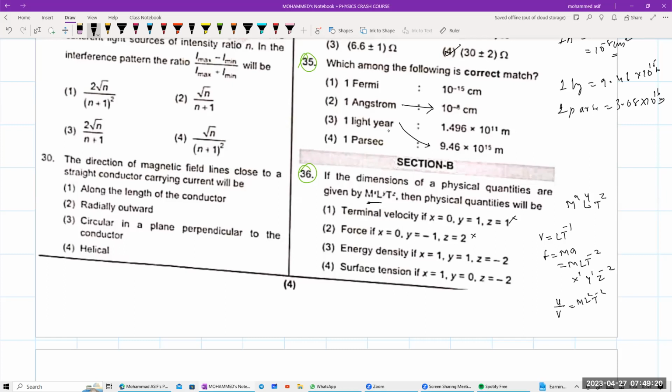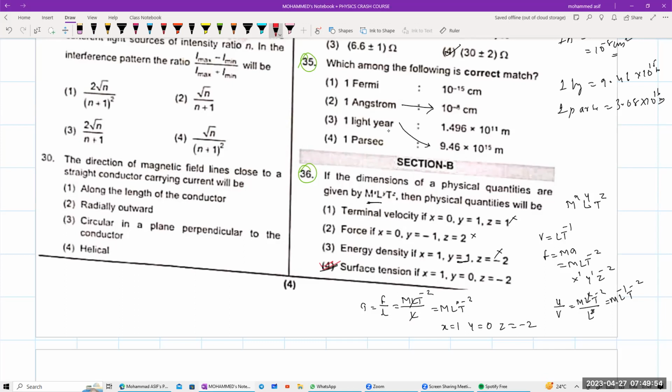एनर्जी डेंसिटी मतलब एनर्जी पर यूनिट वॉल्यूम, मतलब ML²T पावर -2 डिवाइडेड बाय L क्यूब, L² कैंसल हो जाएगा, तो दिस वन इज M L पावर -1 T पावर -2। यहाँ पर -1 आना चाहिए, तो ये भी नहीं दिख रहा। सरफेस टेंशन मतलब T इज इक्वल्स टू फोर्स डिवाइडेड बाय लेंथ। फोर्स का डायमेंशन है M L T पावर -2 डिवाइडेड बाय लेंथ, L गेट्स कैंसल, सो इट इज M into L⁰ T पावर -2। यानी x की वैल्यू हो गई 1, y की वैल्यू हो गई 0 और z की वैल्यू हो गई -2। फोर्थ ऑप्शन है।